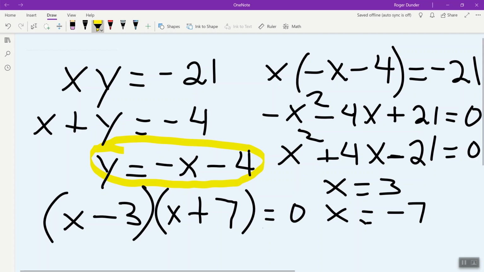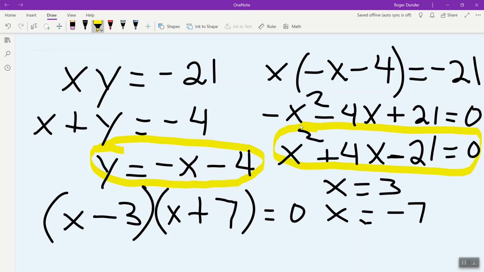Now, what are we going to graph? We're going to graph the function f of x equals x squared plus 4x minus 21. X squared plus 4x minus 21 is what we're going to graph. So we're going to graph this right here. But we're going to graph it as not equal to 0. We're going to graph it as y equals, or f of x equals. Okay? X squared plus